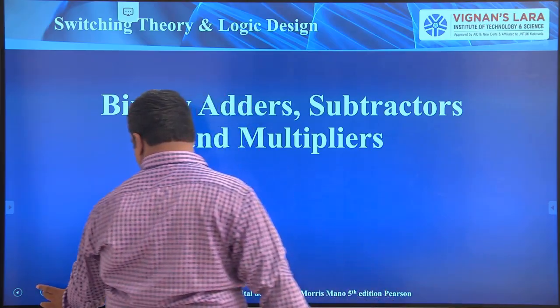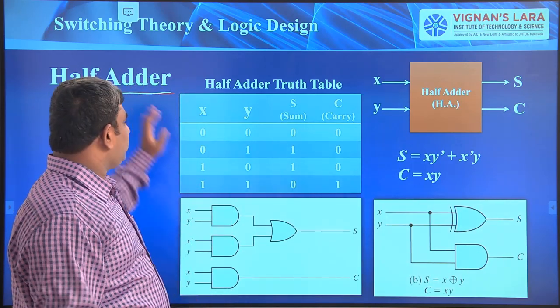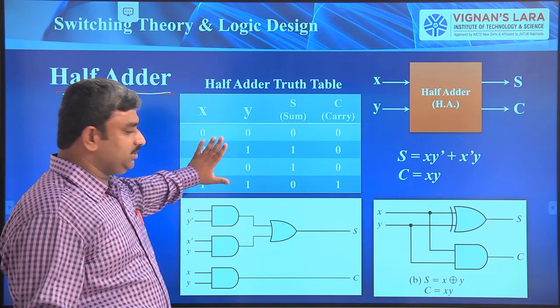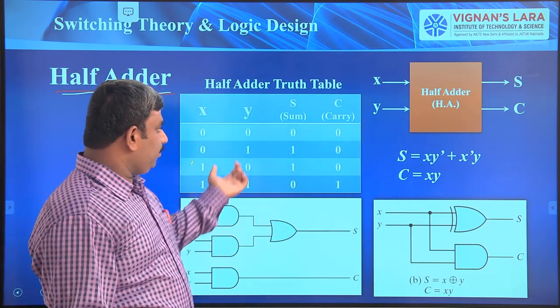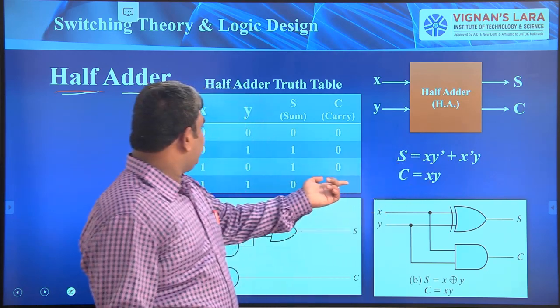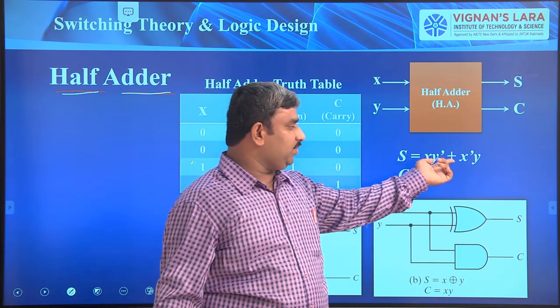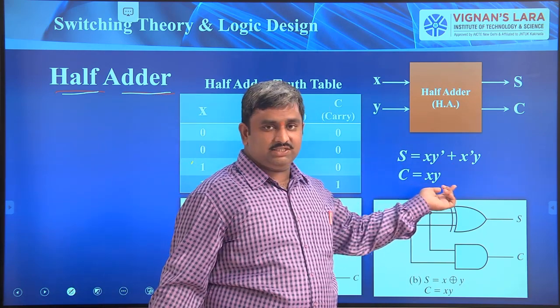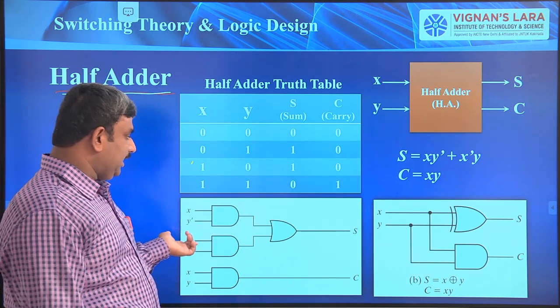Next we will see the detailed explanation for the half adder. This is our truth table, and this is the block view. From this truth table, sum is written in terms of x and y, and previously I said AB. Here S is equal to x y bar plus x bar y, and C is equal to xy, that is equal to AB. Okay, so the same sum and carry expressions.